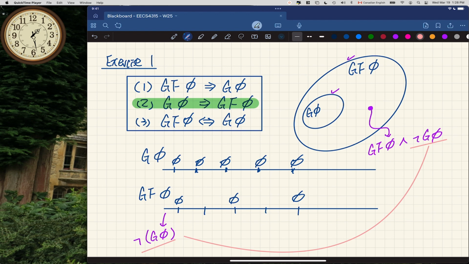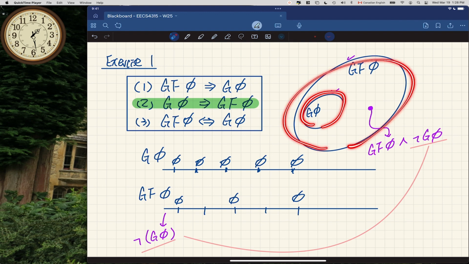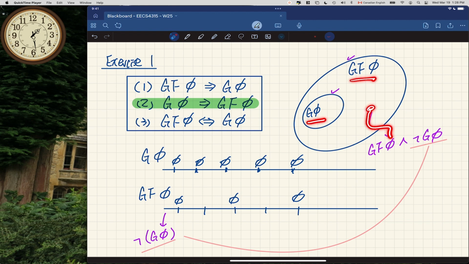Let me recap very quickly. We're basically choosing which one is strictly stronger. So you want to be able to visualize each one of them to see why it is the case. And when you visualize them in this kind of diagram to show which one is stronger and which one is weaker, you also need to choose a member that satisfies one but not the other. You want to know what exactly it is. We've got one more example to really do this diagram. Another one. All right, let's do one more.